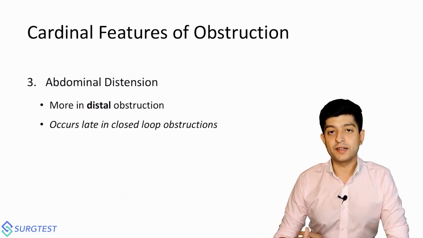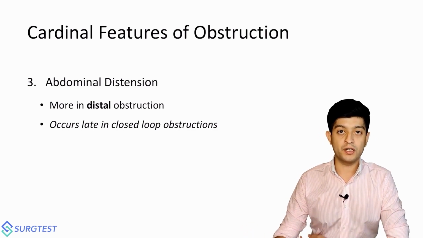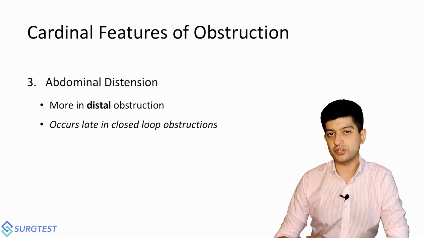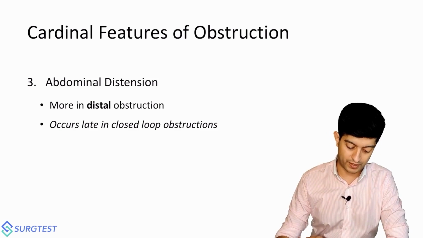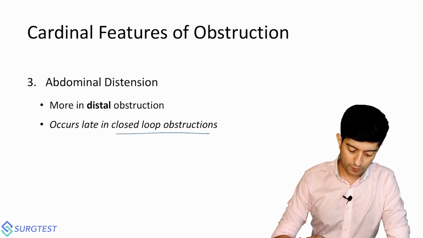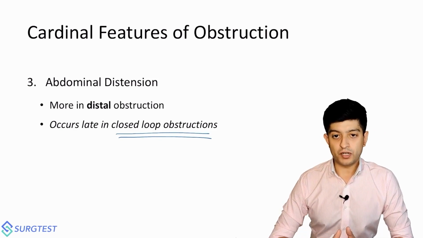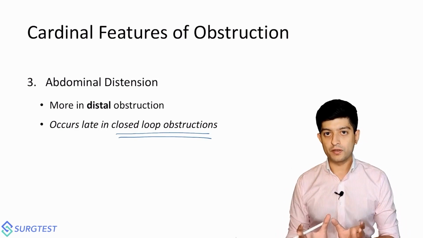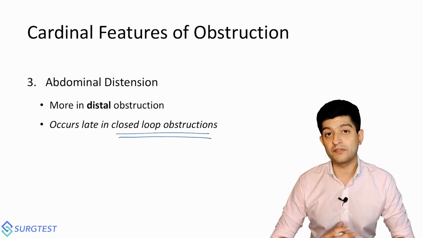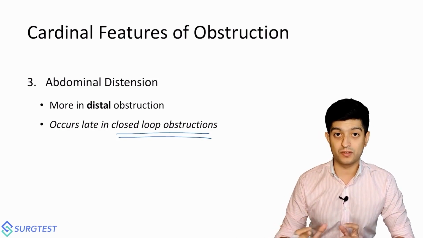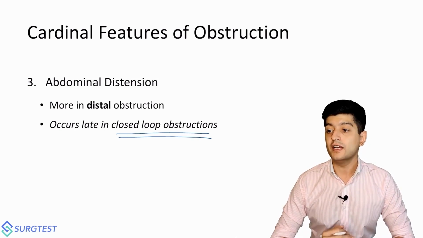The abdominal distension that you experience is directly related to how long the intestine is proximal to the obstruction. So with proximal obstructions, distension not so much, but with distal obstructions, yes, distension is one of the main features after pain. Let's talk about closed loop obstruction and how distension occurs in that setting. In a closed loop obstruction, it is that main loop that undergoes dilatation. Now that may be a particularly long loop, such as if a patient is having a sigmoid volvulus. Again, think back to those crazy diagrams of big volvuluses, or maybe you've seen these in your residency yourself, massively